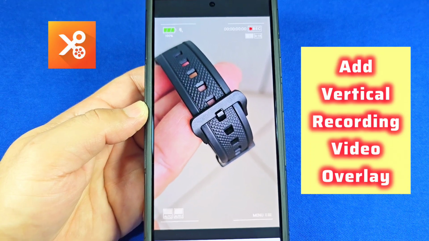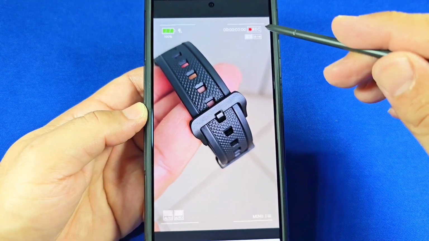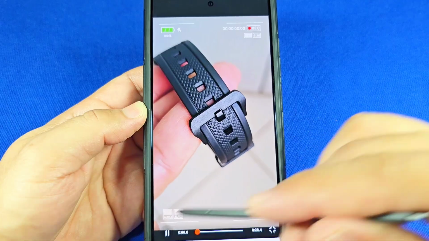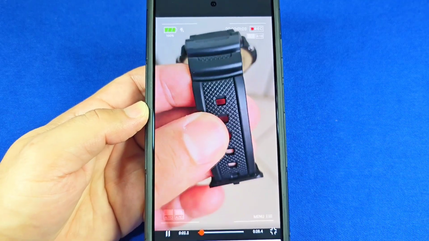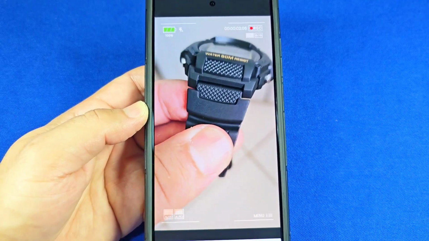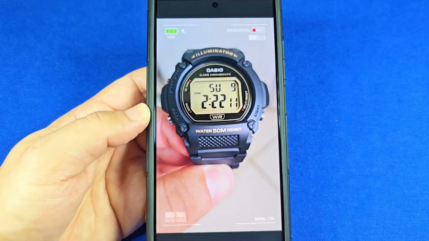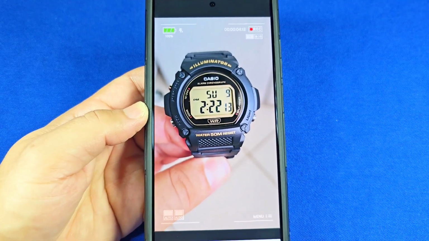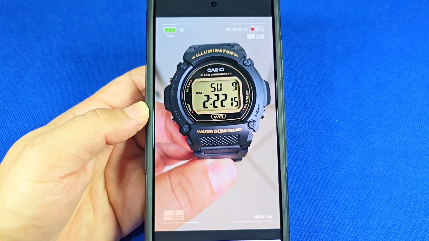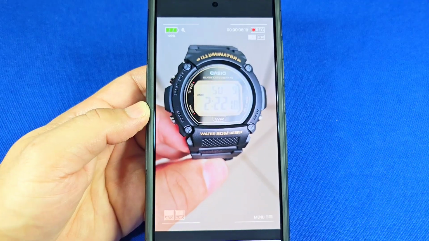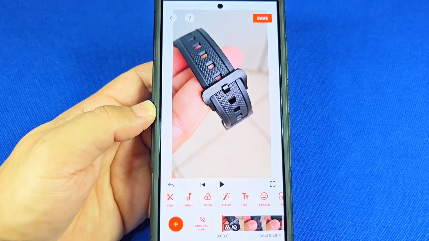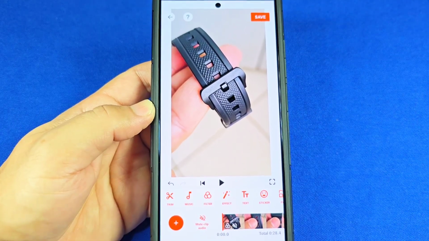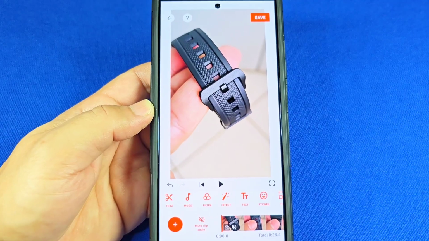How to add the video overlay that gives you this effect with the recording as if you are currently recording a video. And this is with YouCut Video Editor app. And this particular overlay is going to work great for vertical videos such as YouTube Shorts and TikTok videos. So let's just say you have your vertical video already within YouCut Editor, and now you want to add this